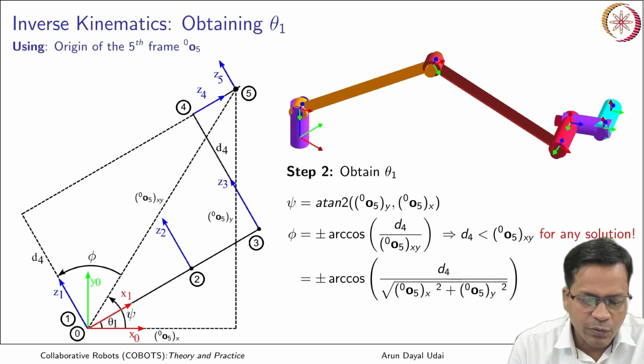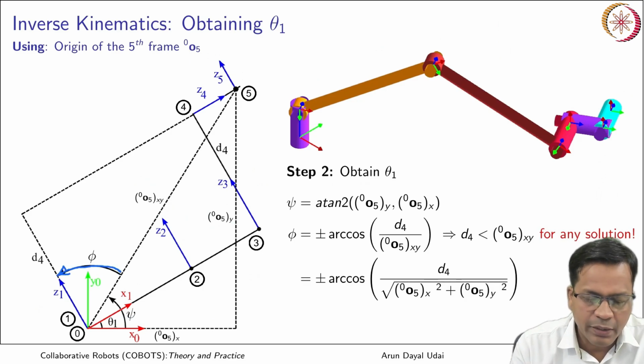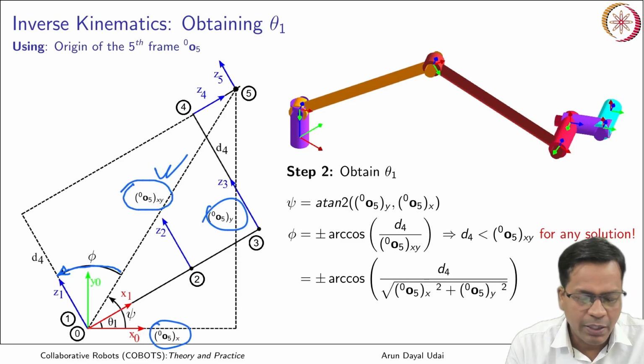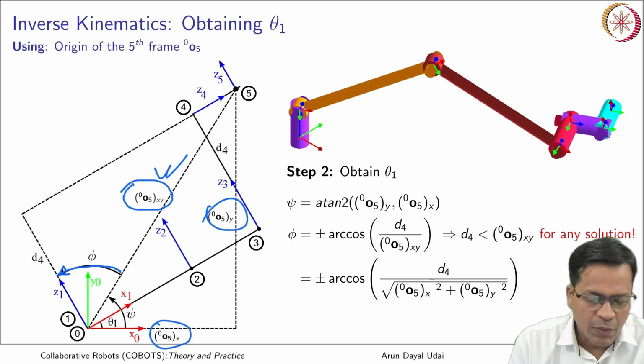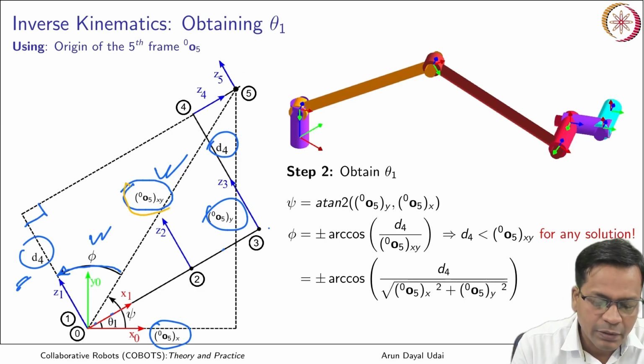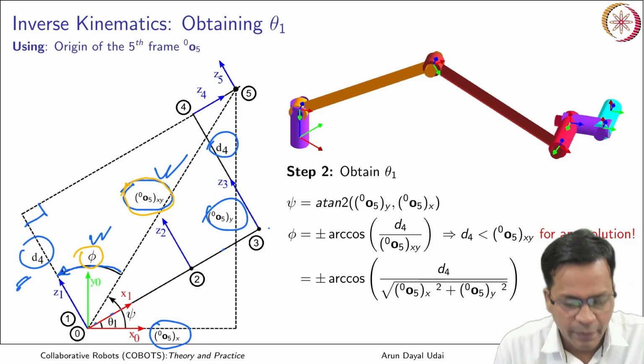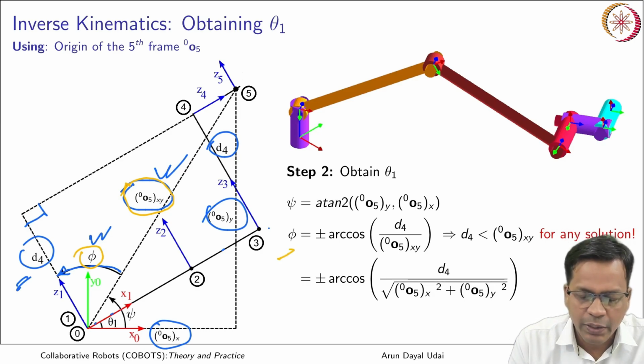Now, in the second go, what will I obtain? I will try to obtain this one, phi. This can be quickly calculated using this. Now, we will consider another triangle, and in this triangle you can calculate this. If this is your D4, this also is your D4, this is a right angle triangle. D4 is already known and this we have obtained in the previous go. So, using these two, I can calculate the angle phi. So, this I have put here.